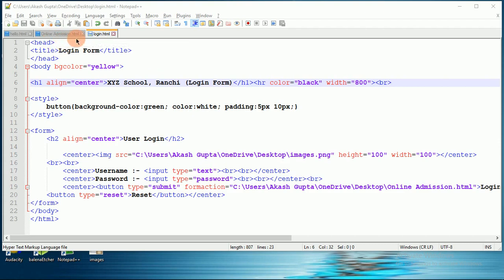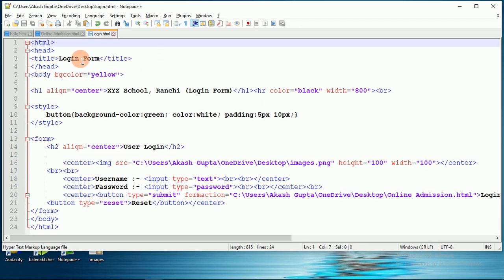Both the pages are created using HTML forms and some CSS, cascading style sheets. So one by one we will discuss all the tags and attributes and the values we have used.